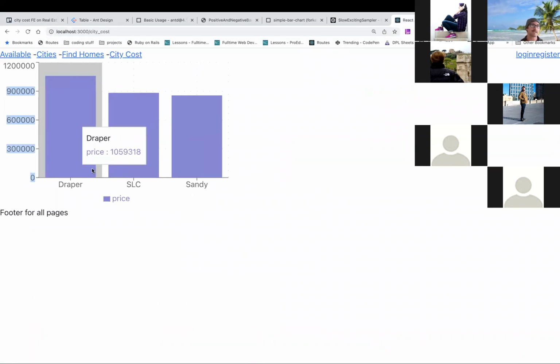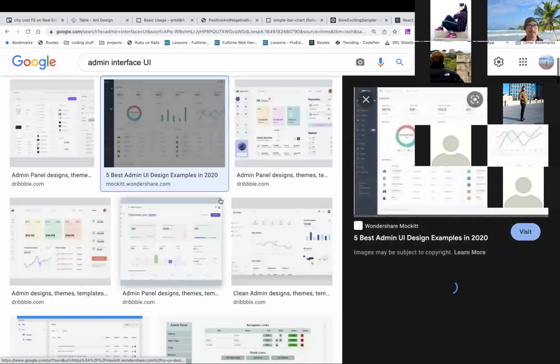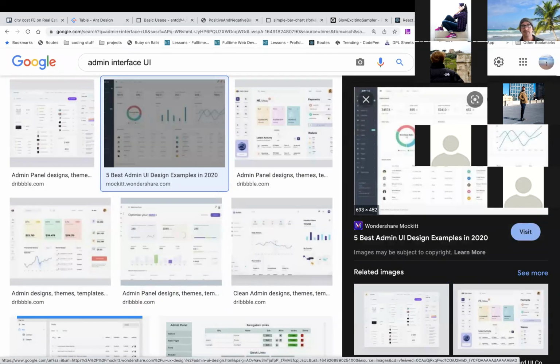Since we now know how to do a bar chart, we could do a little stuff to make this look a little better. And once we know how to do that, and how to do a table,